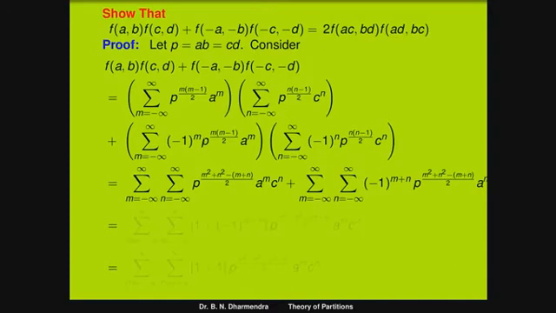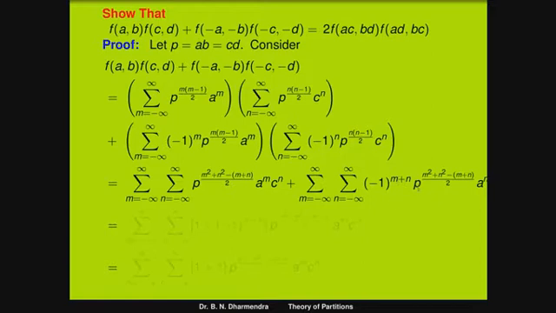We can expand the terms: here m square minus m, here n square minus n, the term minus is a common factor, that is m plus n. So it can be written as m square plus n square minus of m plus n divided by 2, into a to the power of m, c to the power of n. Both the series, the first series running from minus infinity to plus infinity, the second also from minus infinity to plus infinity, minus 1 to the power of m, minus 1 to the power of n, that can be written as minus 1 to the power of m plus n.